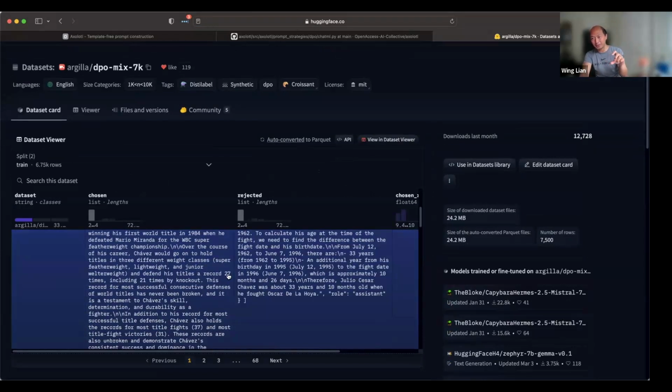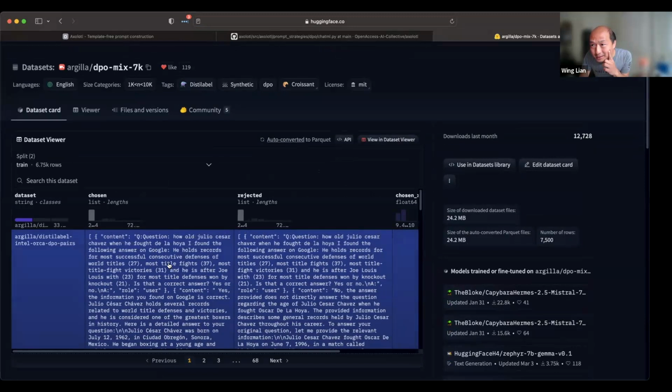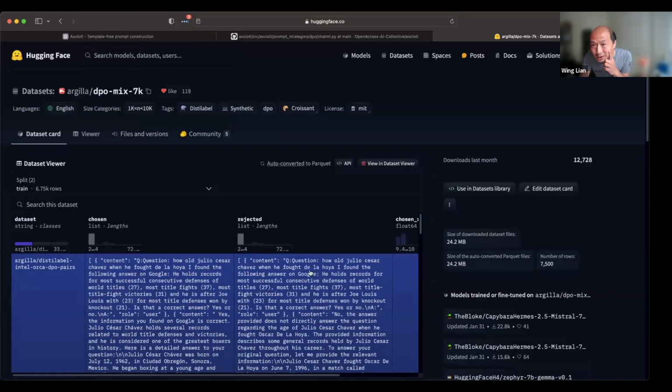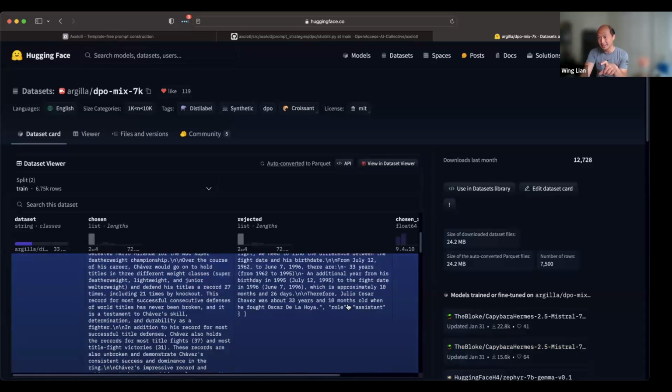So the prompt between both of these should be the same. Everything up to the user role is the same, I believe. I think everything in the first user role is the same, and then the content is different between the chosen and the rejected.